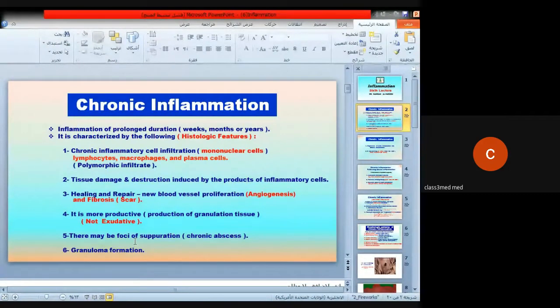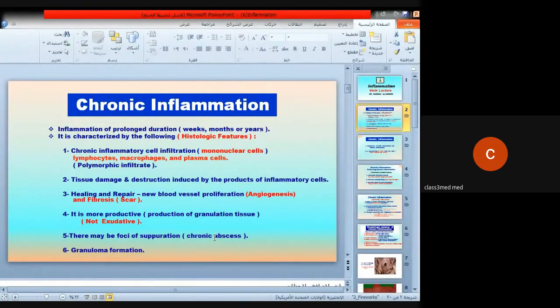There may be foci of suppuration. We said suppuration is a feature of acute inflammation due to pyogenic bacteria. Sometimes there is chronic suppuration with chronic abscess formation, especially in the bone. We know bone is a hidden organ, not visible to the eye, nobody sees it. So acute inflammation may occur in it, especially in children, and convert into chronic. It starts as an acute abscess without treatment,